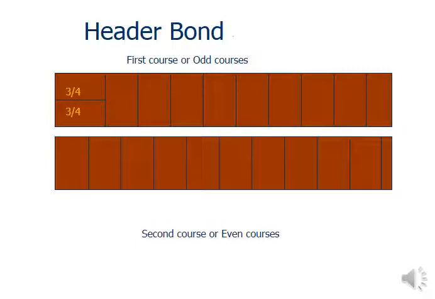If we start from the header bond, that is easier to provide. Header bond means this is the plan view. First of all, you have to make it clear, whatever is drawn over here is the plan view, meaning you are viewing your wall from the top side, from above. Okay, so the front side is this one. I am going to draw it from the front.